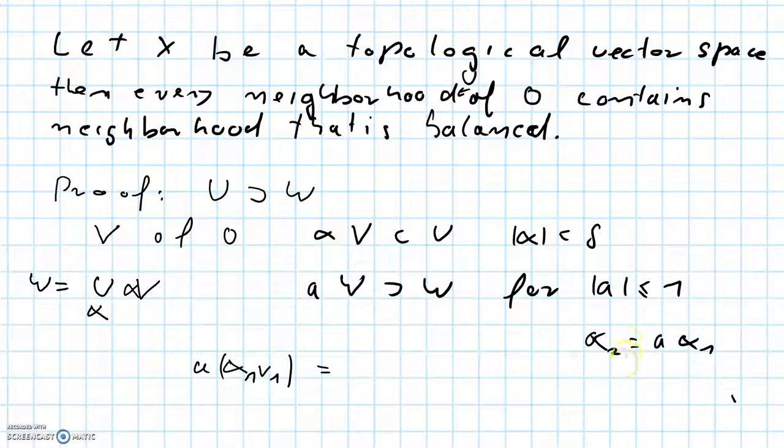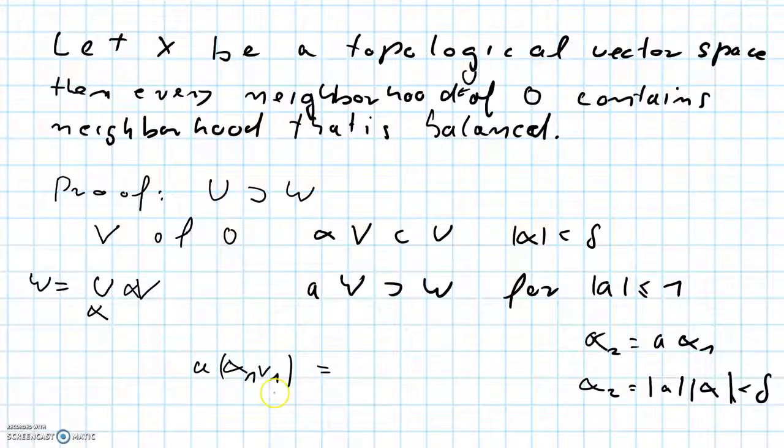And note that the absolute value of alpha2 is the absolute value of A, which is less than or equal to 1 by definition, times the absolute value of alpha1, which is less than delta. So the absolute value of alpha2 is less than delta,